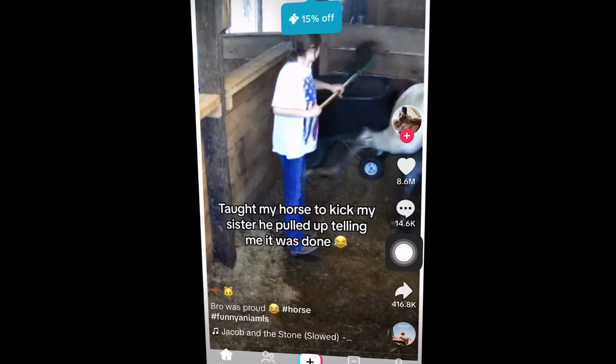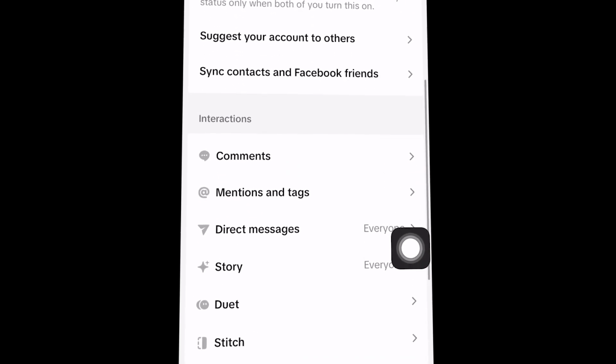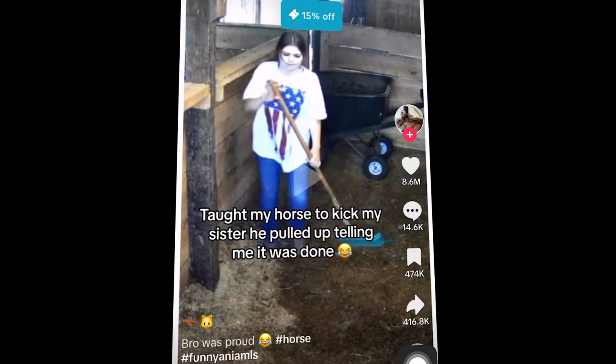This tutorial will show you how to check who checked your profile on TikTok online social media platform completely for